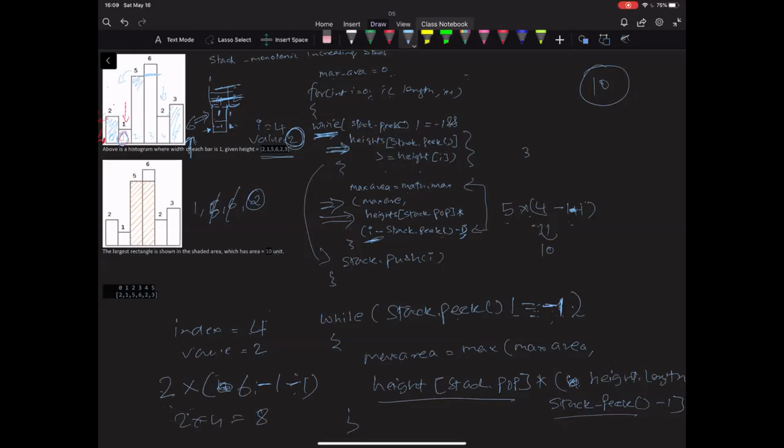So this is the crux of the algorithm. Basically, we are keeping the value in the stack that is going to be supported till the end, right? And whenever it is not supported, basically we are getting the less value, we are removing that. But while calculating, we are basically calculating that index plus where it started or the last index before that. And that's how we are making sure that when we calculate for the 2, the next,